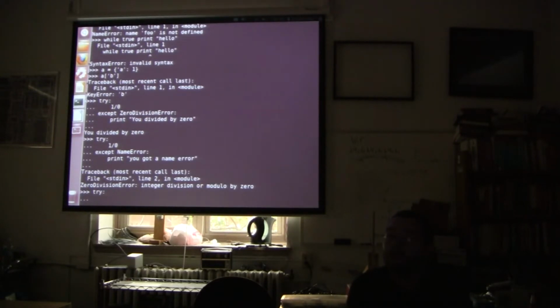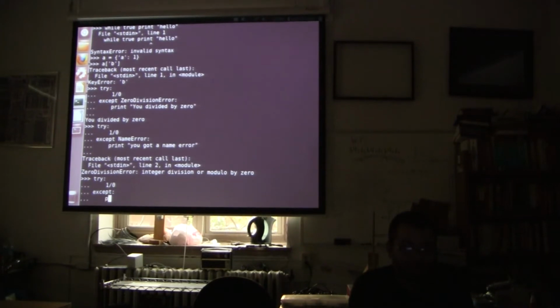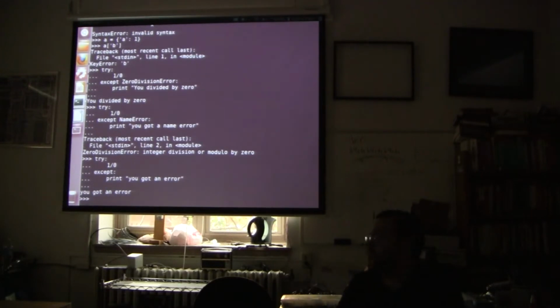Do you need to have an error name there? No, you don't, right? I was just getting to that. Print, you got an error. So you can do that. You can skip the name, that's going to catch anything. You have no idea what it is, but you can catch it and you can do something about it. But that doesn't necessarily give you a lot of room to recover from what errors you're getting. If you have a division by 0 error, then you know what's going on, and then you can compensate for that somehow in your code. When you accept a magical whatever error, then you have no idea what's going on in your code, and there's not really a good way to recover without knowing what's going on.